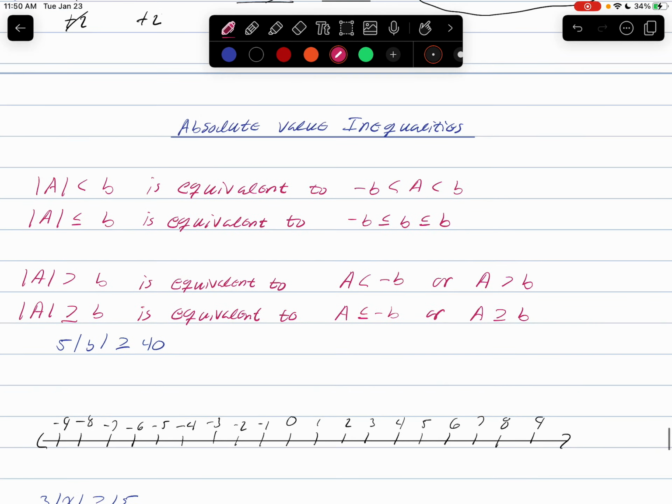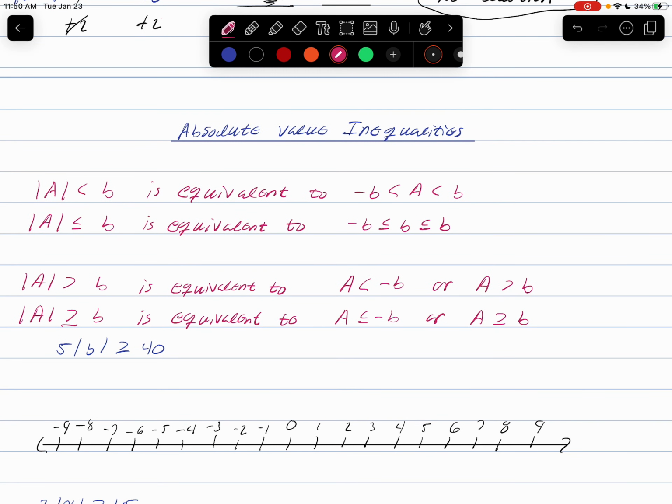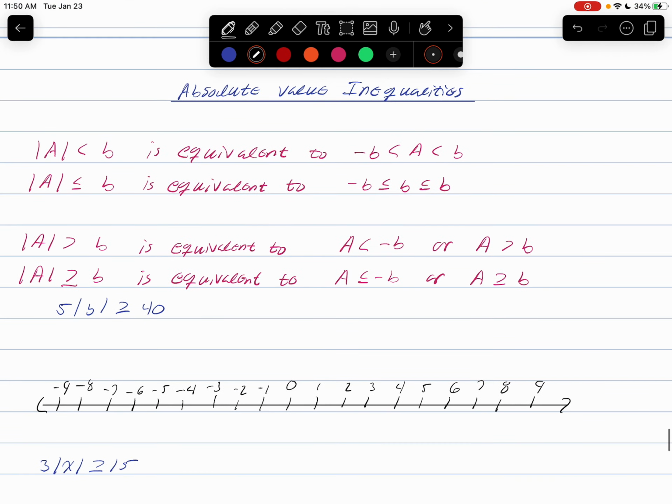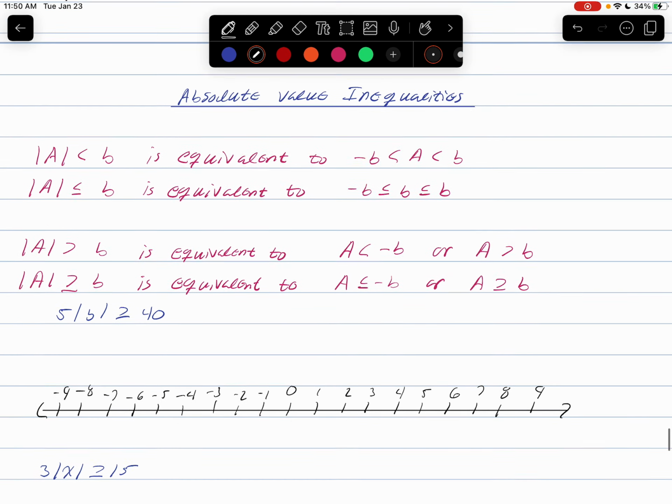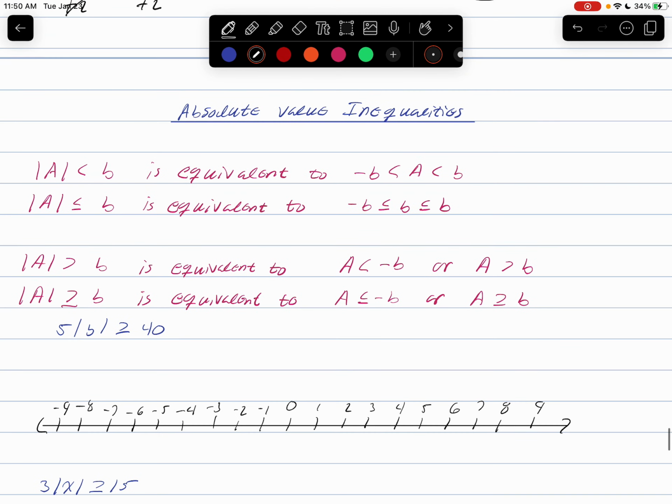Okay, so in the last video, we talked about absolute value equations. So naturally, in this video, we're going to talk about absolute value inequalities. So I want to look at a couple of rules, and then I want to try to go through several examples here. If we have the absolute value of some number or expression A being less than